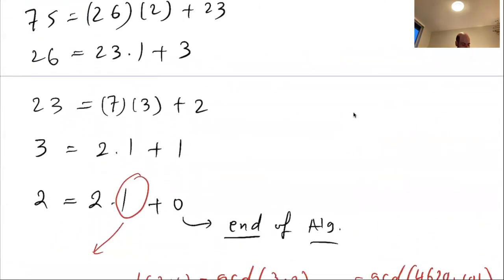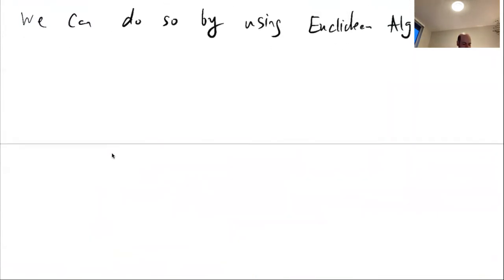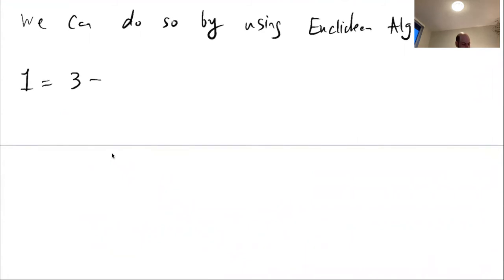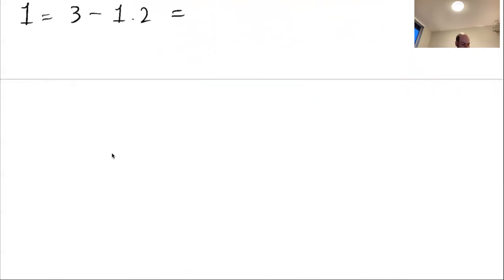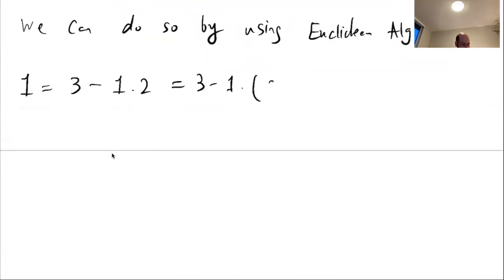So look at 1. We want to write 1 equals something, right? So first of all, if you look at this equality here, I can write 1 as 3 minus 1 times 2. So let's start with that. And then if you look at the equation above this, 2 can be written as 23 minus 7 times 3. So 3 minus 1 times (23 minus 7 times 3), which is the same as 3 minus 1 times 23 plus 7 times 3. Now 7 times 3 plus 3 is 8 times 3